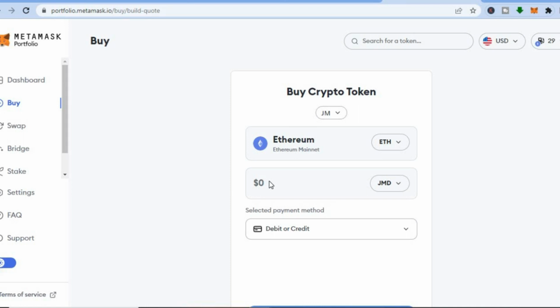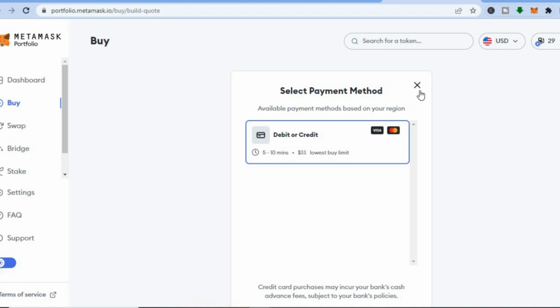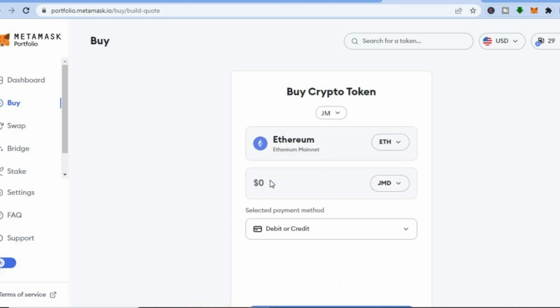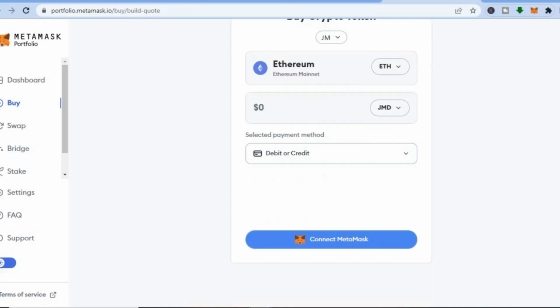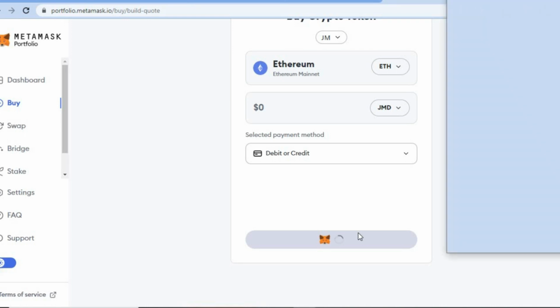All you'll need to do now, right where you see debit credit card, from there I have selected debit credit card. So all I would need to do is enter the amount that I would like to purchase. Then I'll tap on connect Metamask at the bottom right here. After you have tapped on connect Metamask,